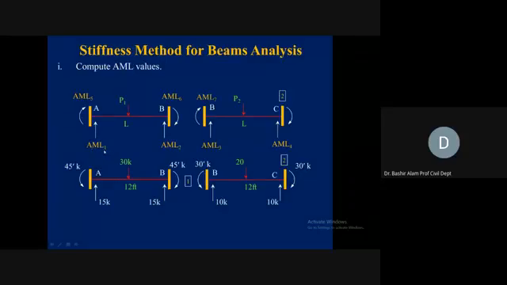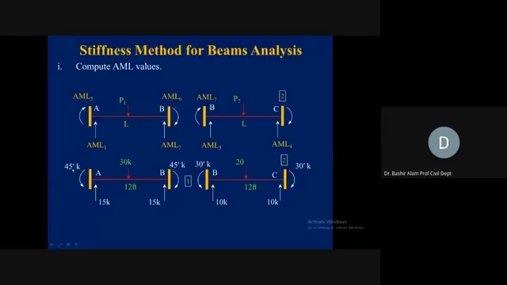So AML1, AML2 correspond to AM1, AM2, and their actual values are given here. So AML1 will become plus 50, AML2 again plus 50, AML3 plus 10, AML4 plus 10,